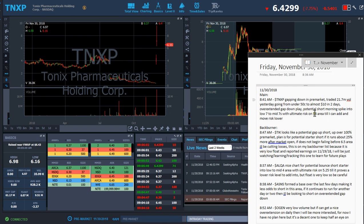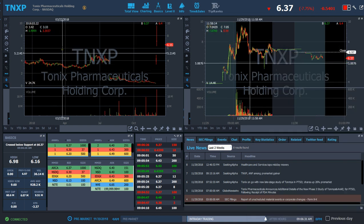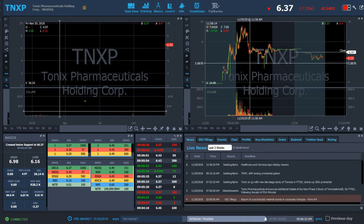Overextended gap down play today. Potential short morning spike into low 7 to mid 7s with ultimate risk on 8 area till I can add and move risk lower. So what I'm looking for here is, if you look at the daily chart, there's not really